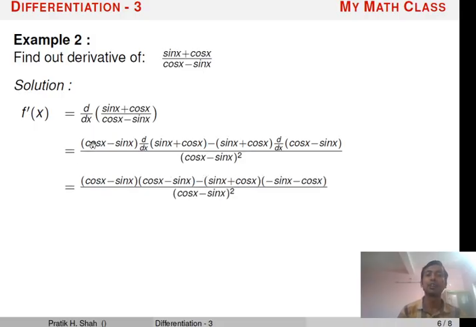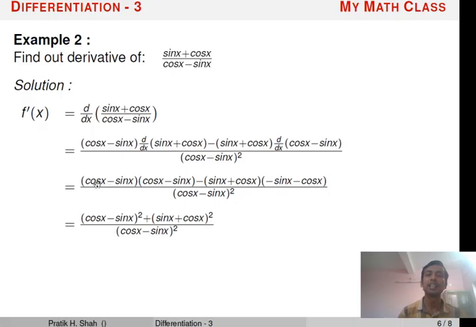So we get cos x minus sin x as it is. Derivative of sin x is equal to cos x. Derivative of cos x is equal to minus sin x. This minus sign is as it is. Sin x plus cos x as it is, and derivative of cos x is minus sin x, minus derivative of sin x is cos x. So we get this term. So here the differentiation process is over, and we will further proceed for the simplification.